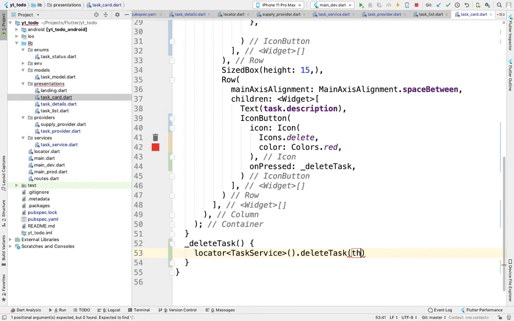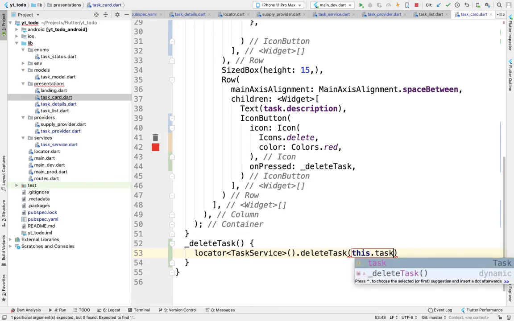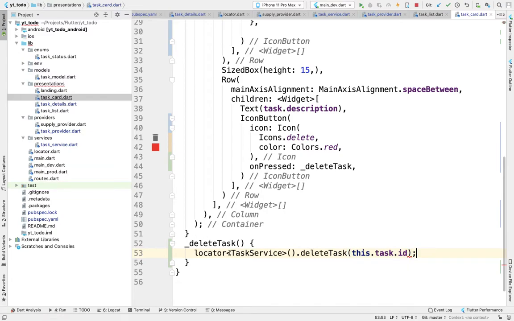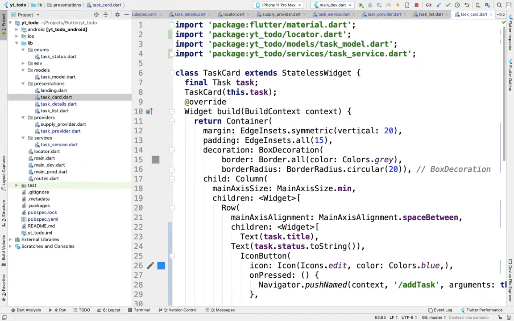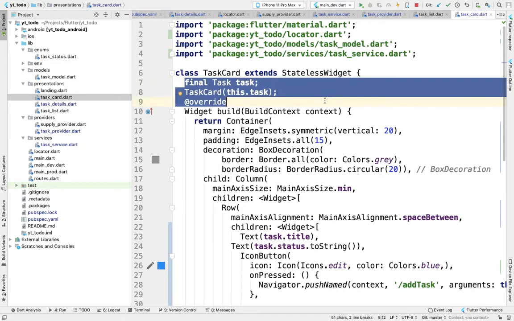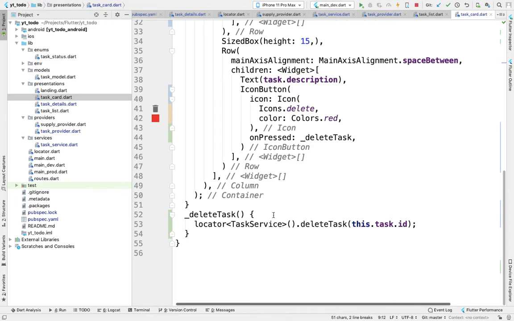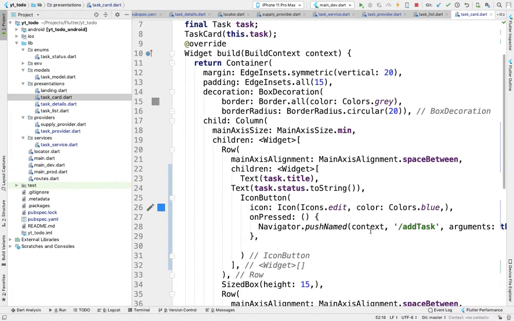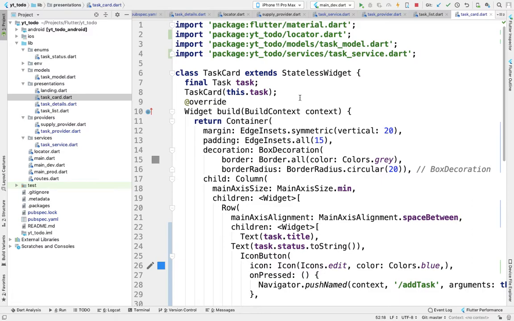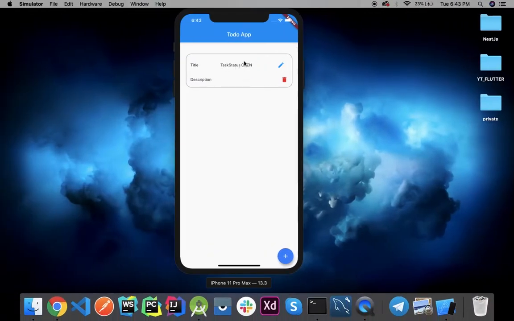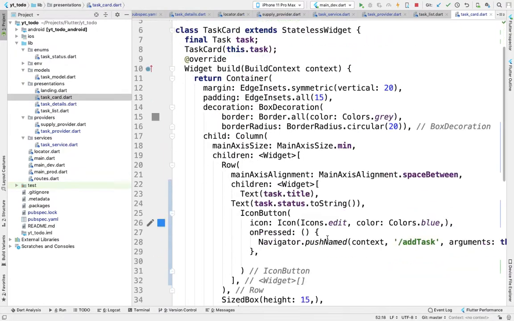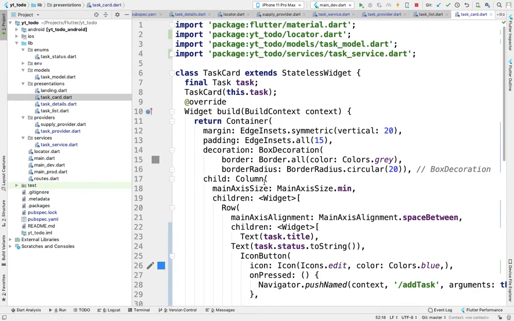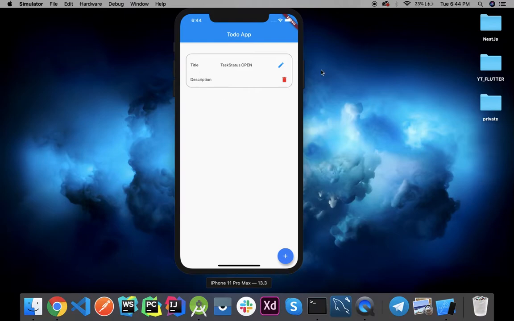So the ID will be this dot task dot ID, because we are receiving the task in this card and it is a stateless widget. Remember this thing, that it is a stateless widget. For now, we would change it to stateful widget when we implement the update status. Okay, we don't need to, because we will be doing that in the task details screen. So this will always remain a stateless widget, just showing the details of the task.